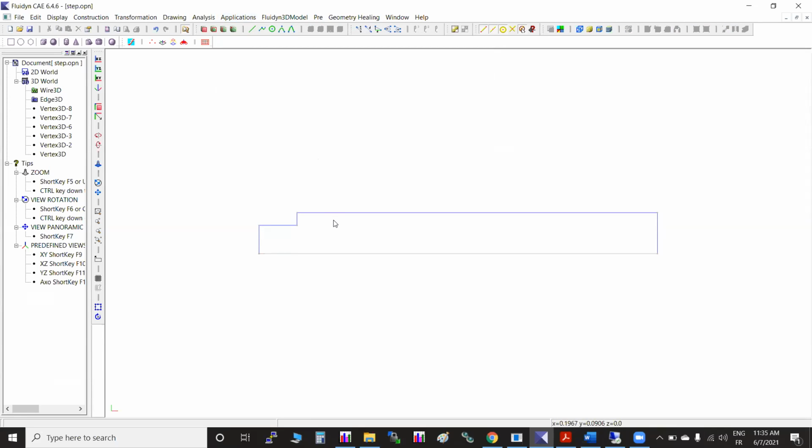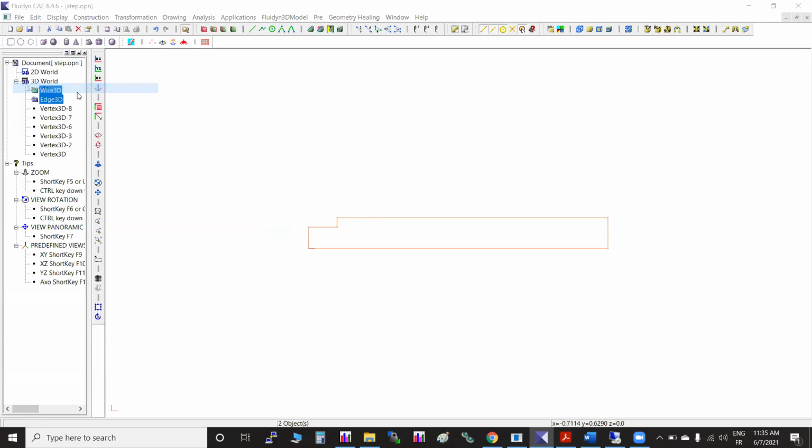Now, how to do the surface? Let me save it as a backup, in an OPN file. Just make sure, or you can note down, we save it in the OPN file format. Now once we create this, we select all the edges. When you create multiple edges, it is called a wire. Remember that, and then to make a closed face, you need to select all the edges one by one.